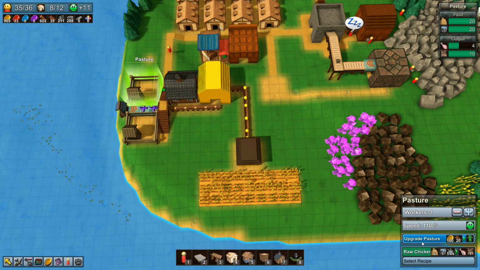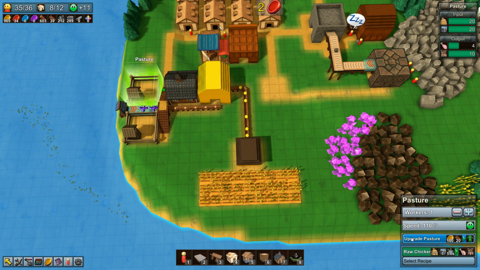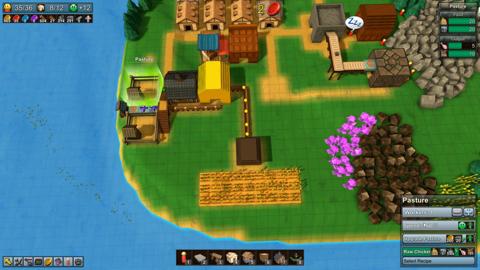Let's upgrade our chicken. It costs 100 gold, 100 yellow coins, and 20 planks. So click. There we go. And that increases its speed by 50%. So it now takes 2.5 seconds naturally to produce raw chicken, plus all the bonuses that we've got with it. So yeah,